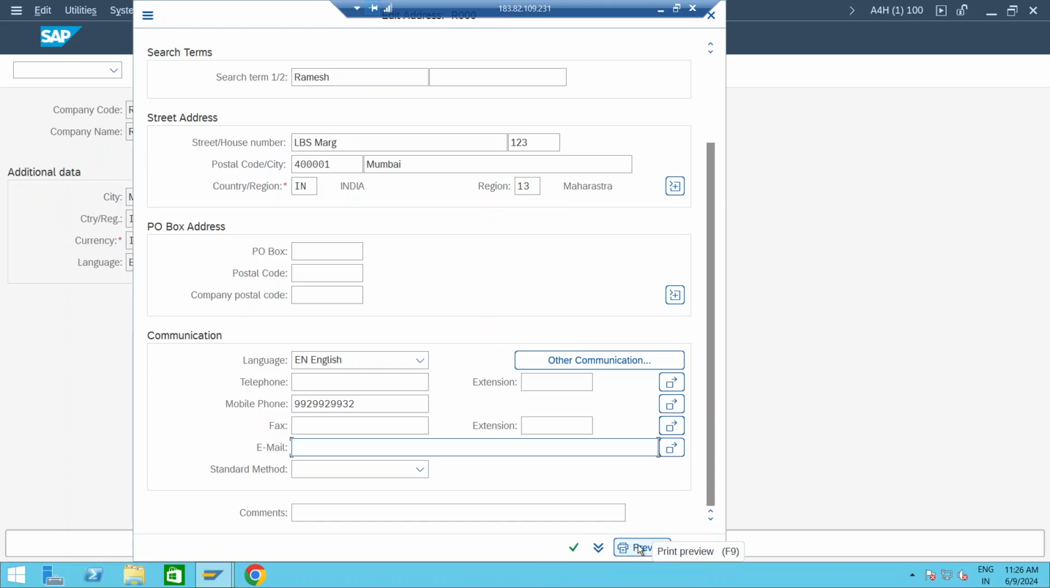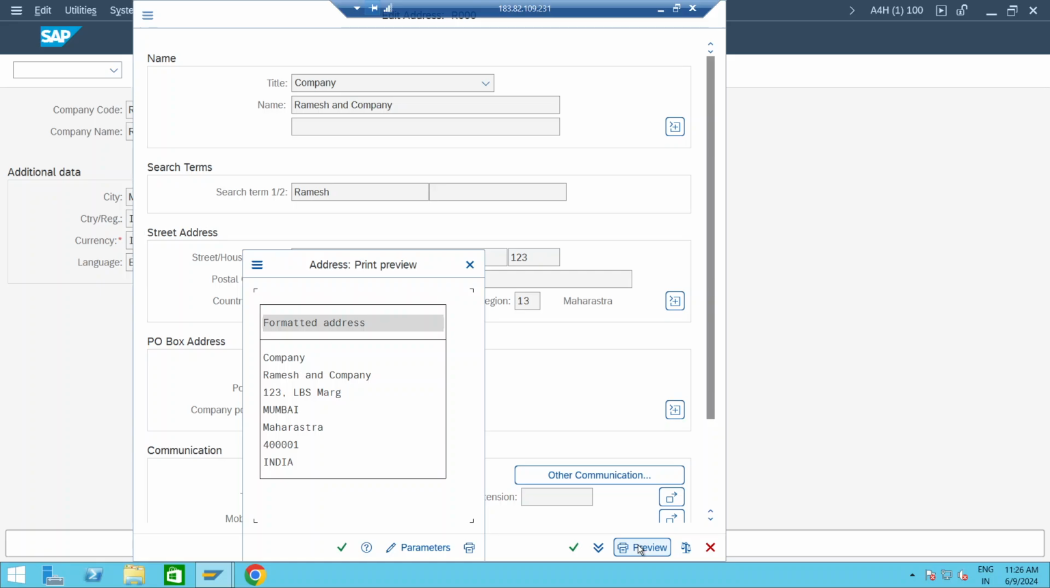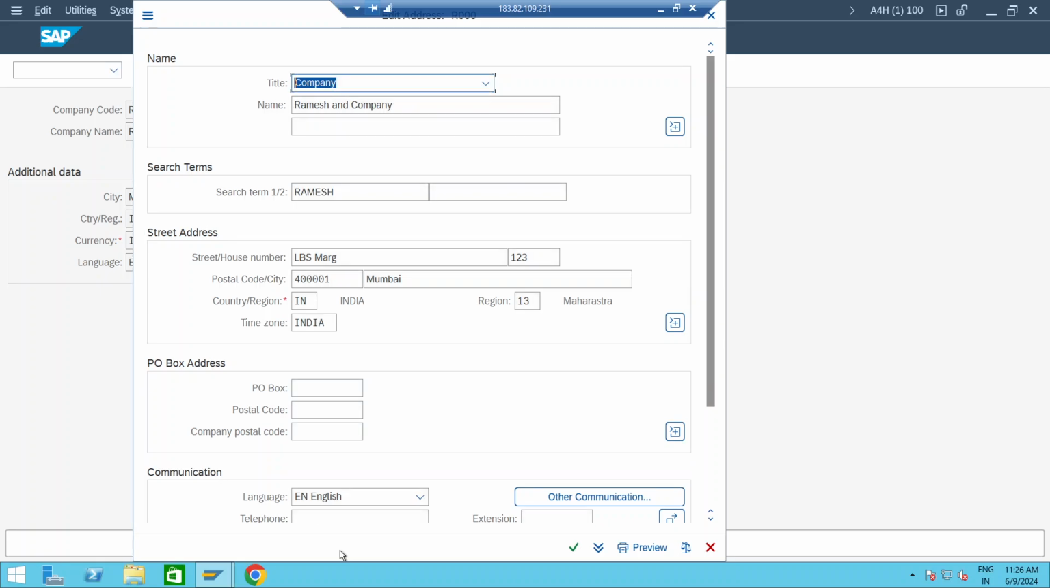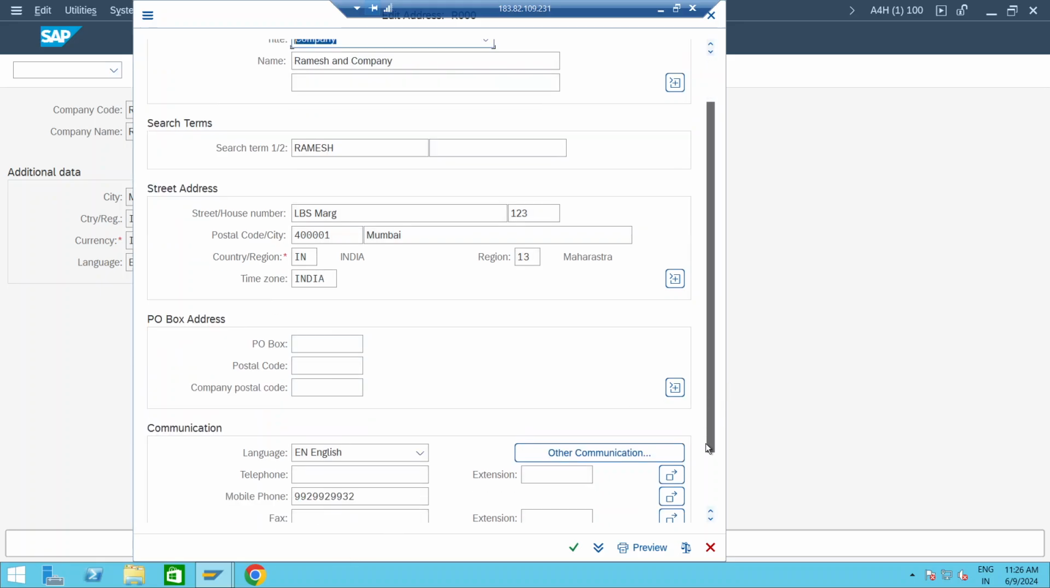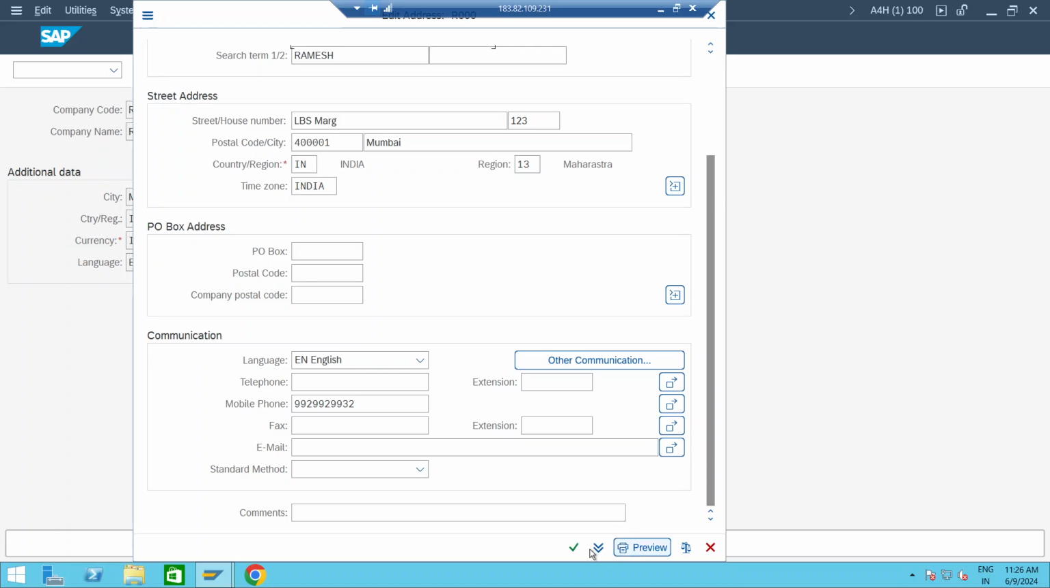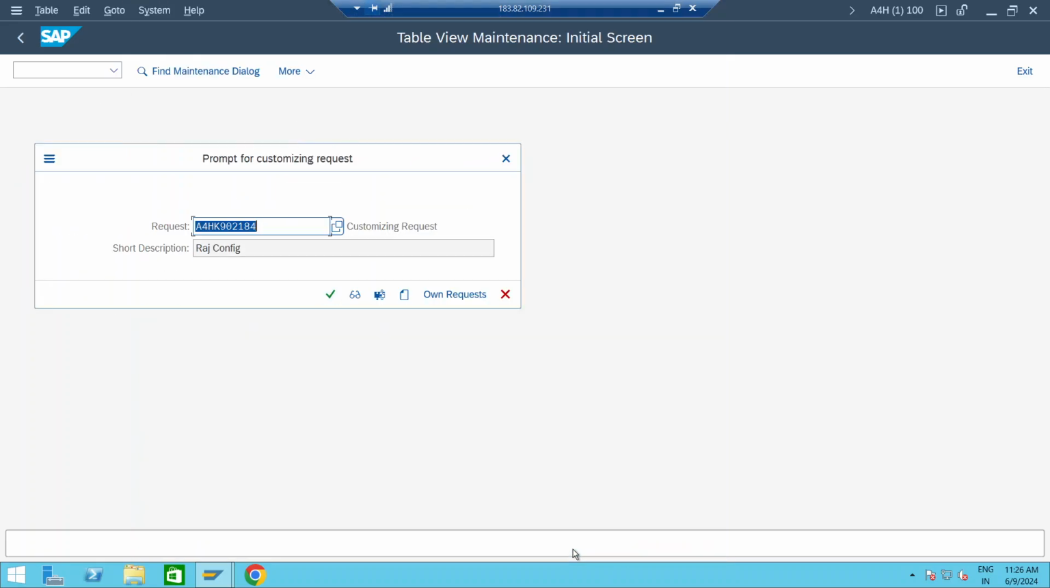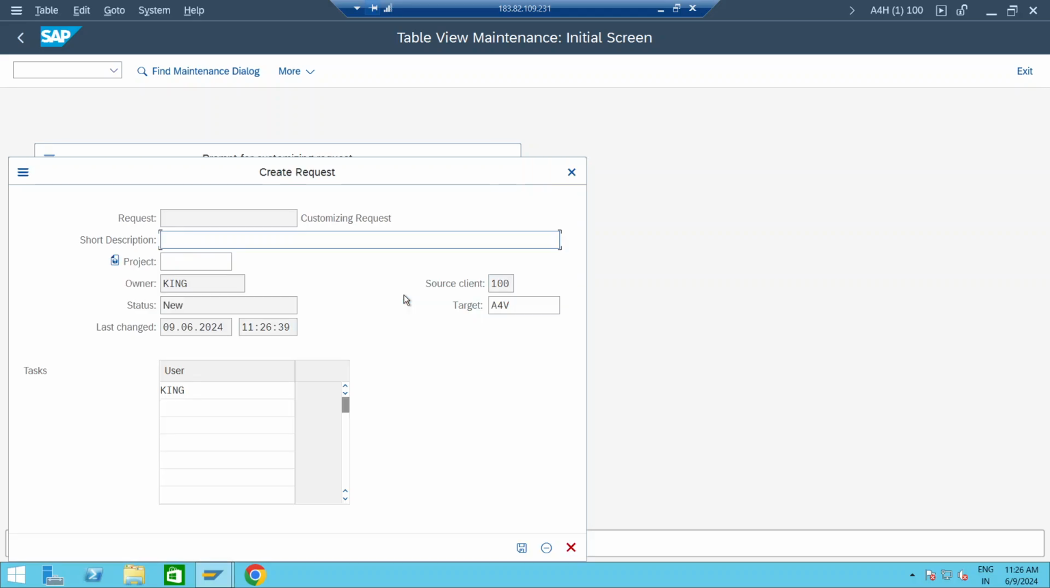Again, if you want to see the preview, you can click on the preview. It will look like this. Just close it, come down, click on this, enter, and if you want, I am creating another transport request for myself, so I need to click it over here. Need to give some name,